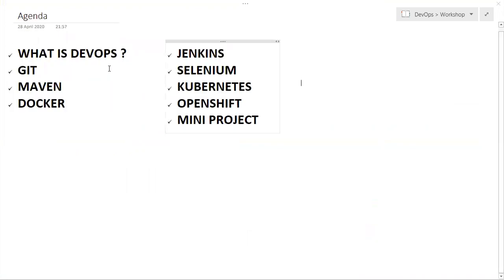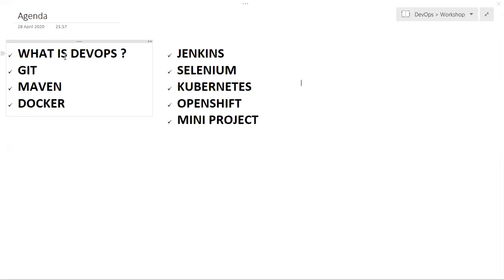Initially, we discussed what DevOps is. Then we learned Git and Git commands. Then we learned about Maven, what Maven is and Maven commands. Then you explore more yourself. You go and Google more about Maven, how to install and how to configure it. If we take up those things, the session will get extended and go beyond 2 hours. So I'll try to complete all the sessions within 2 hours. So we'll learn about Git and we'll learn about Maven.